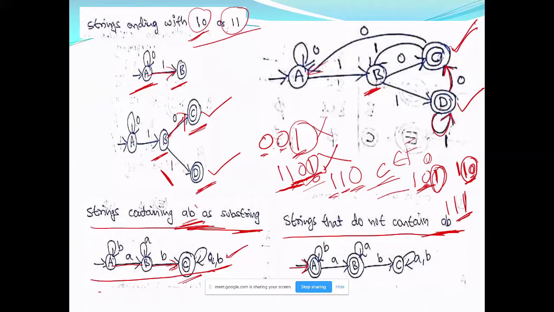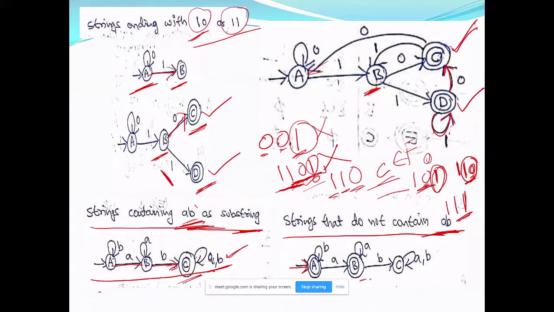So this language contains all strings where there is no AB at all. So this is a final state. If I get one A, then I go to B, because I have to check if it is followed by B, which I should not accept. If it is followed by A, then you can accept any number of A's.